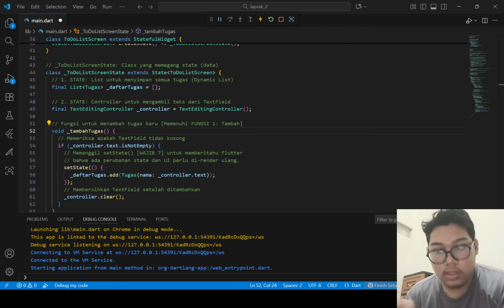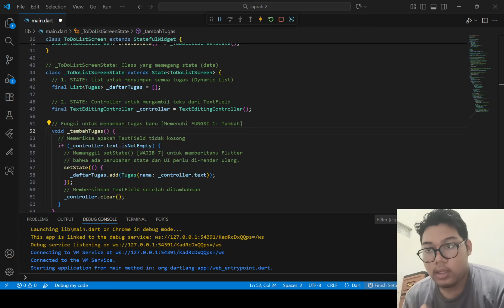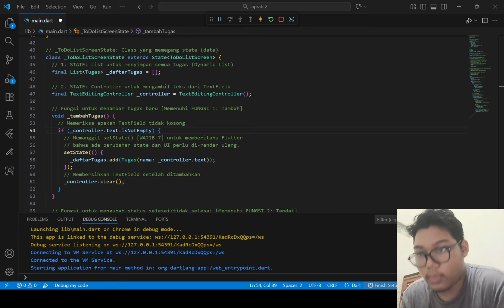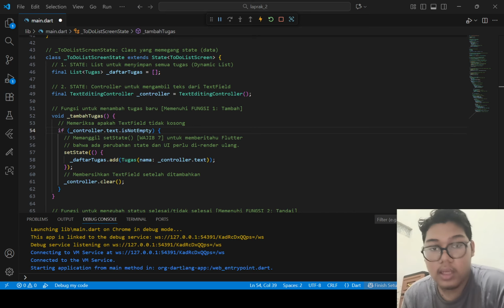This function is called when the add button is pressed. It first checks if the text field is not empty. If it has text, it calls setState. Inside setState, it adds a new tugas object to our daftar tugas list.